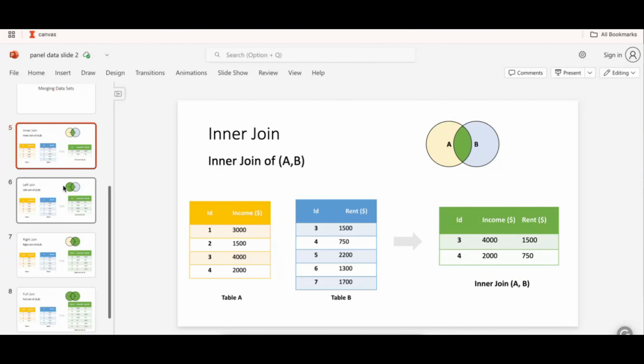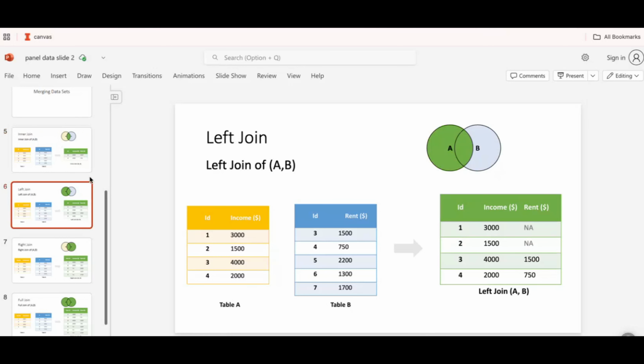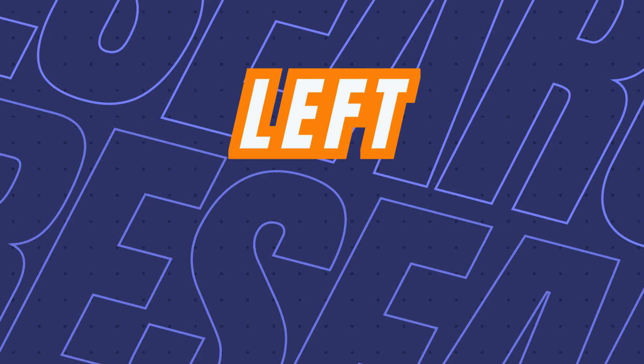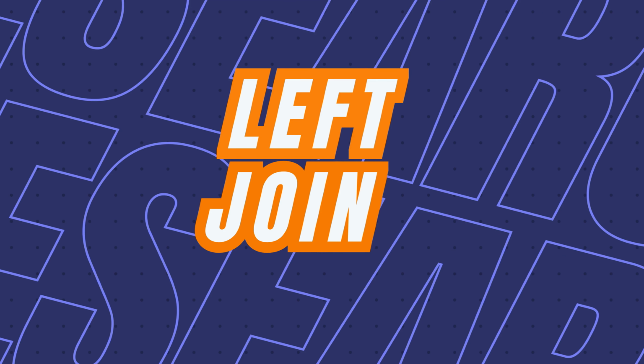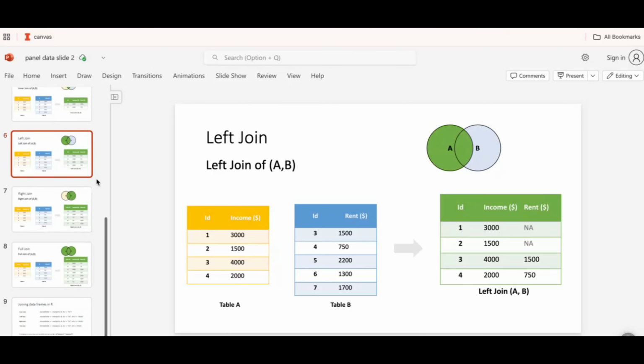Okay. All right. And the next type of join is left join. What this does is it keeps everything from the first data set and adds matching values from the second data set. If there is no match, the entire left side data still remains, but the right side column will show as missing.